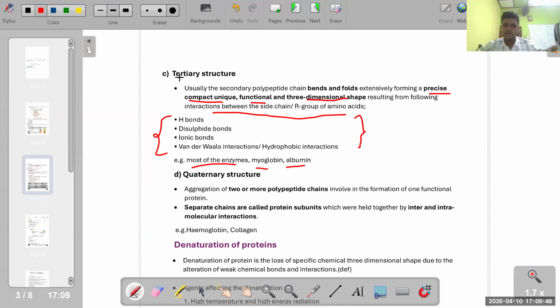So this tertiary structure is slowly becoming functional. Compared to secondary structure, which has very, very little functioning but some sort of function, tertiary structures are a bit more functional. Primary structure does not have any functioning. So compared to primary structure, secondary structure has a bit more function. Compared to secondary structure, tertiary structure has more functioning. Quaternary structure will have very, very good functioning. So can you understand? They become slowly functional. Is that clear?